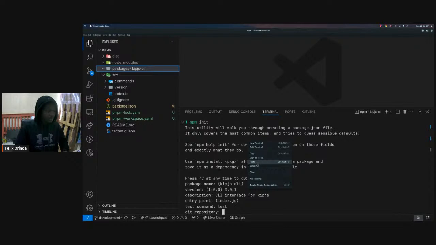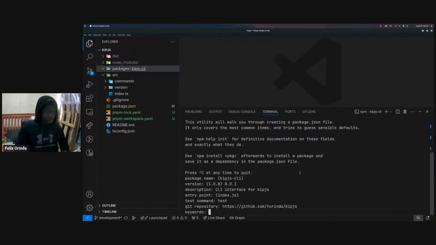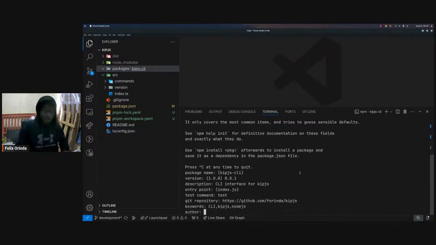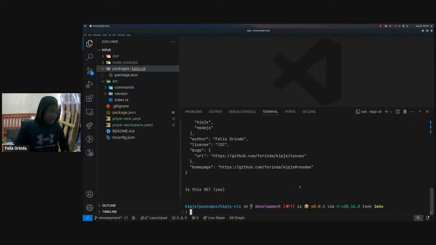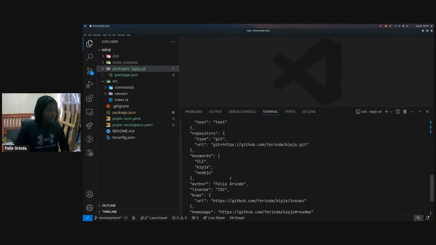Then you can just paste here. Keywords: CLI, kipJs, nodejs. Author and license, but we'll just leave it at that. So once we have that in place,